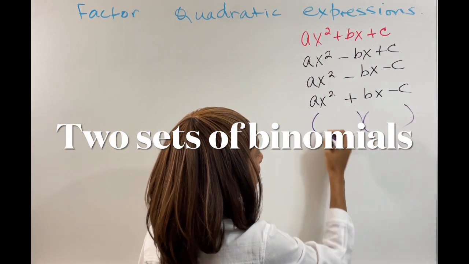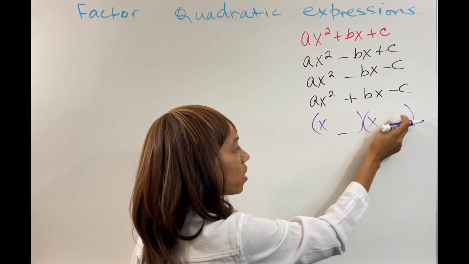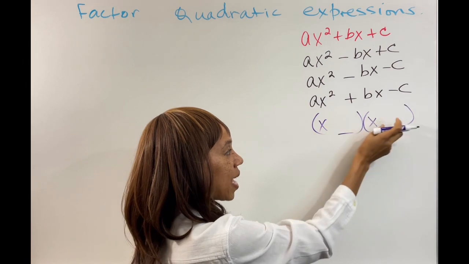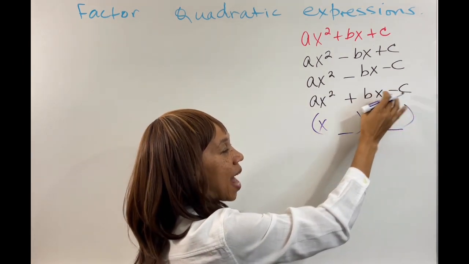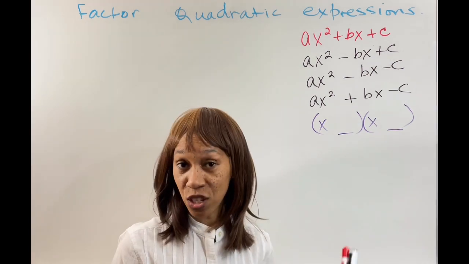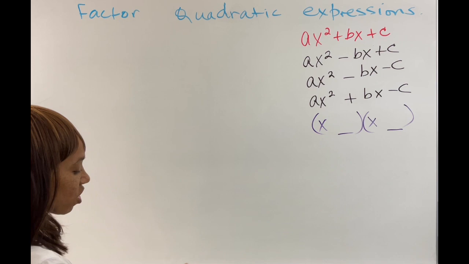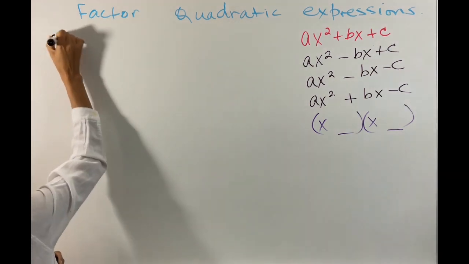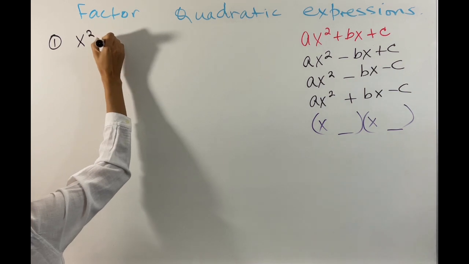You always end up with 2 sets of binomials. And then the numbers in each of the sets are going to derive from the last term. Let's get right into this, and I'll show you the 4 basic examples. Let's start out with the first one, x squared plus